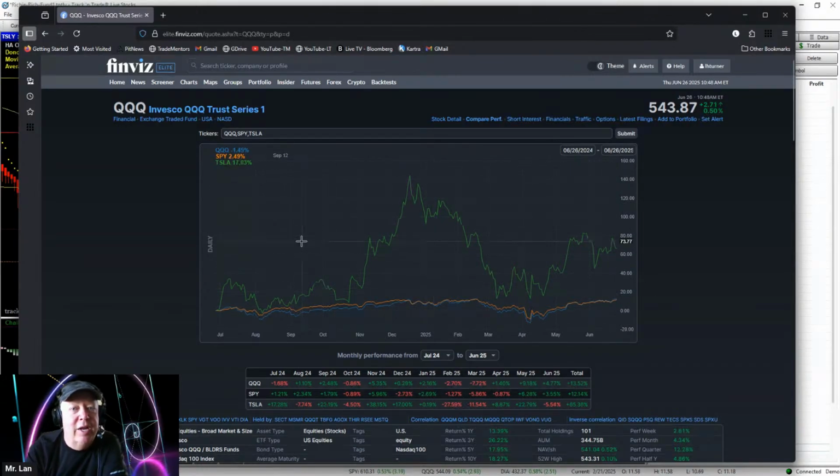Now, one of the problems with trading individual stocks is that if you bought right here and the market went all the way up here and you didn't sell it and take your profits, and then it went all the way back down here, well, you didn't make any money. You had the opportunity to make a whole bunch of money because you could have bought it low and sold it high, but you didn't. You bought it low and it went all the way up here, and you held on to it in hopes that it went higher, and then it turned around and went all the way back down here, and you ended up making no money. Now it's turning around and going back up again right now, but